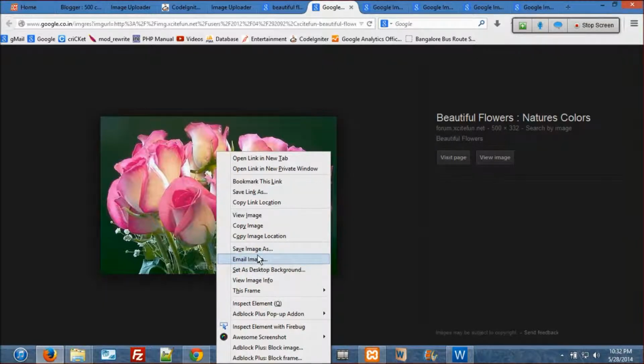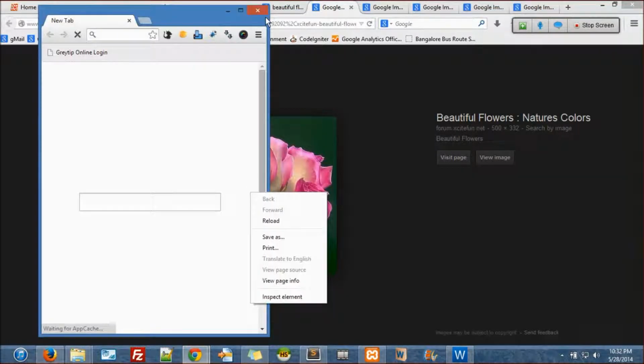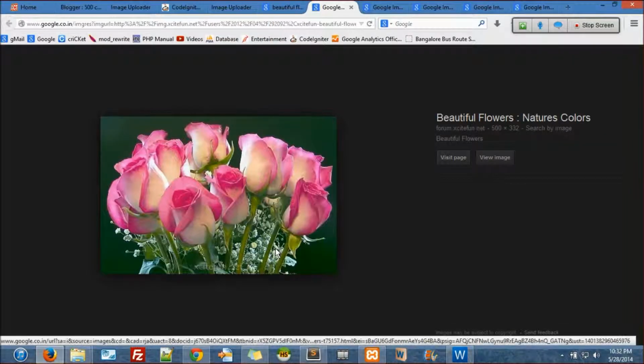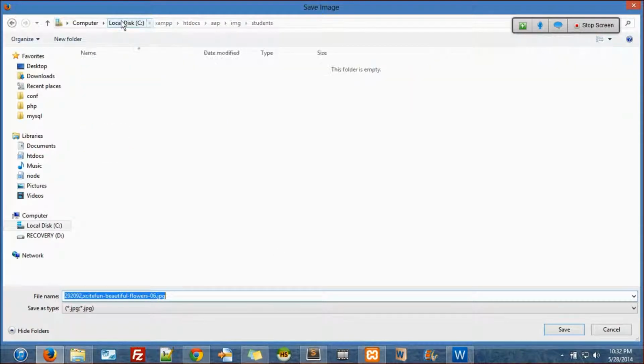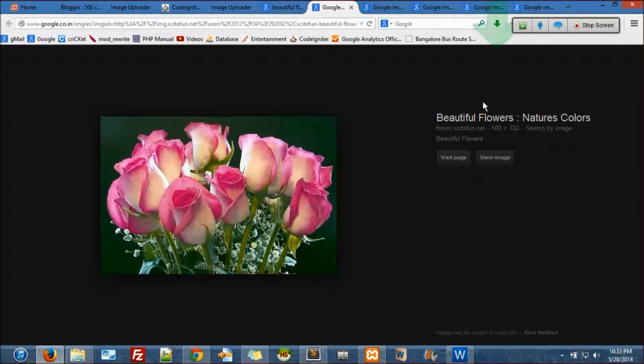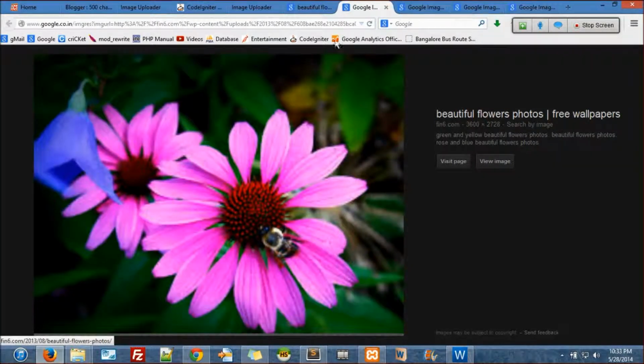Save to desktop. In this class we'll see how to rename the file too, since it has a very big name.